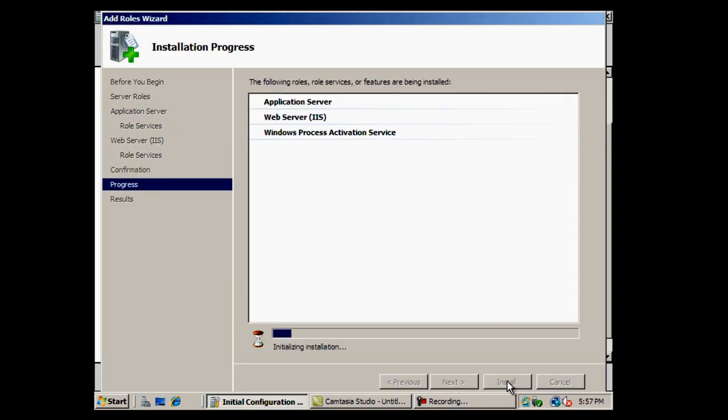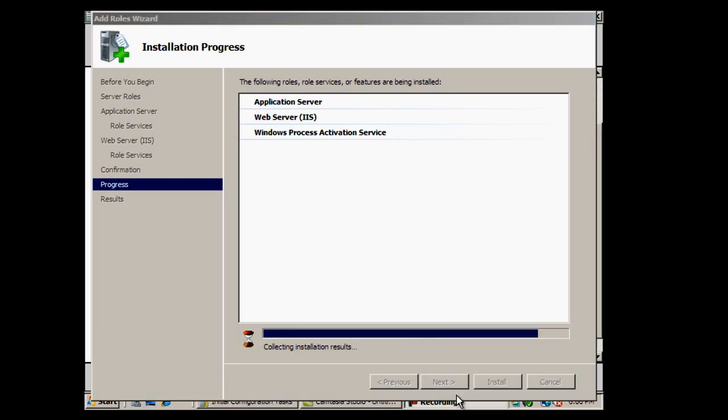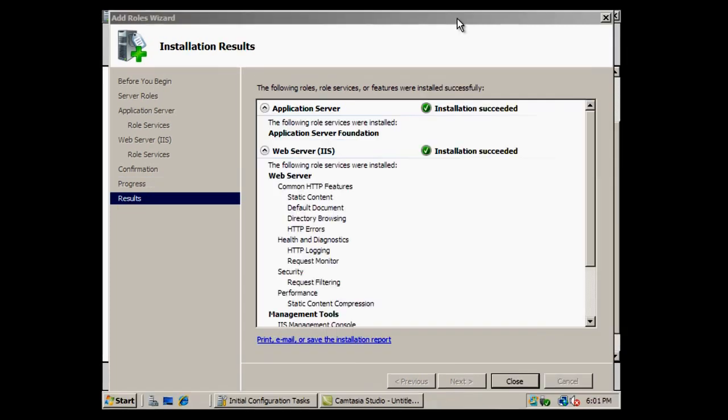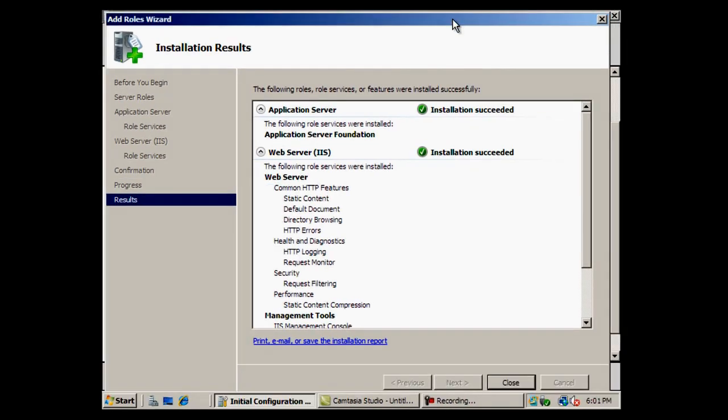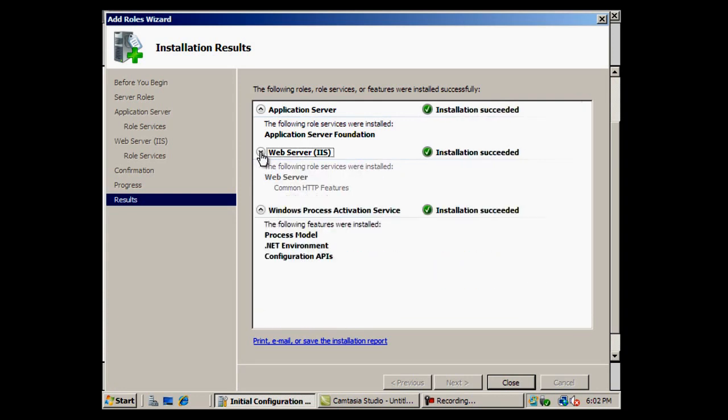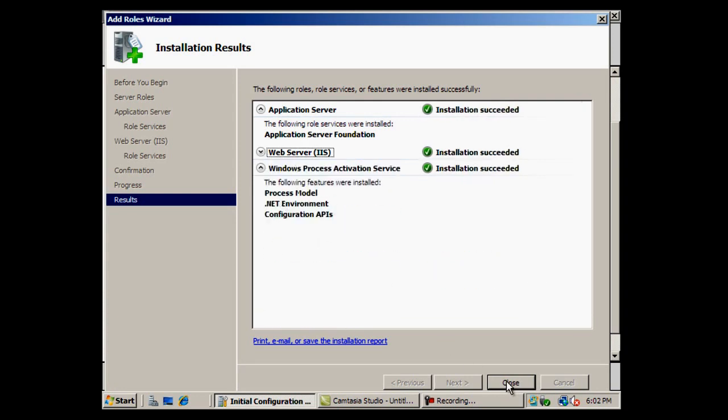But very important, we're going to add a role. When we're adding a role, we're adding 2 roles, Application Server and Web Server IIS. And then Windows automatically throws in Windows Process Activation Service. So make sure you get these roles activated and the installation is successful. Once that is successful, if you're curious, you can just read through what it says there by dropping down